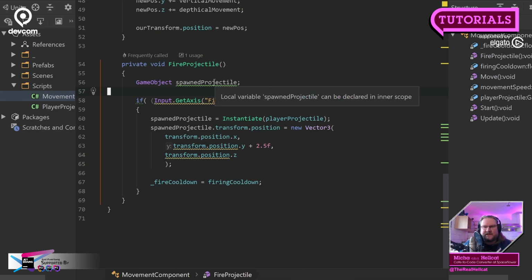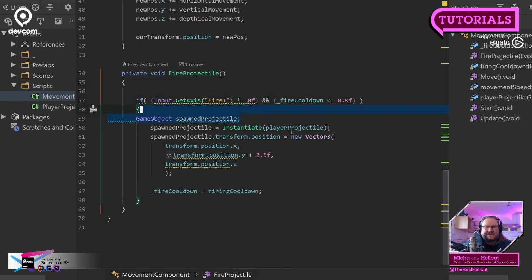Like in this local variable can be declared in our scope, which means we could put this here, and now the green line should go away. Oh yeah, and then we could join the declaration, so we could also put this into there and then not have this. And now our IDE is super happy. However,